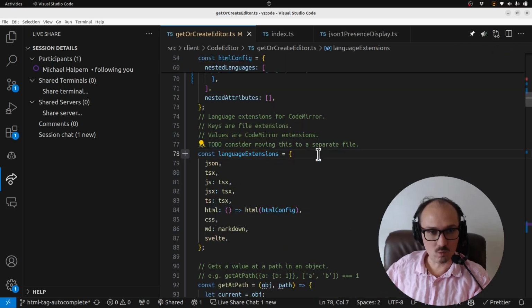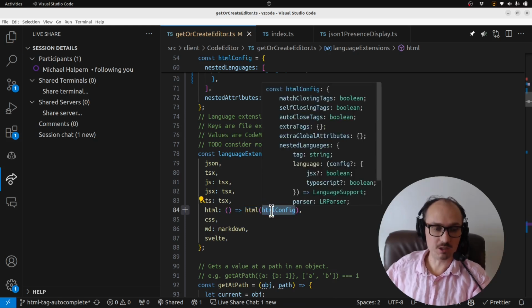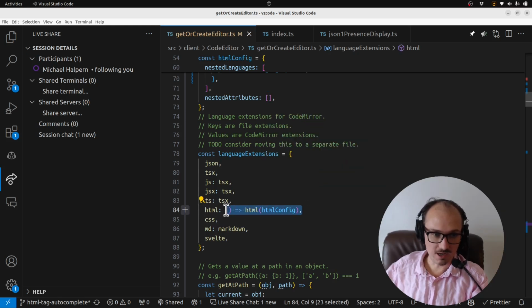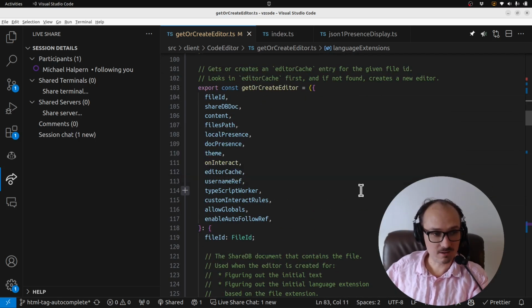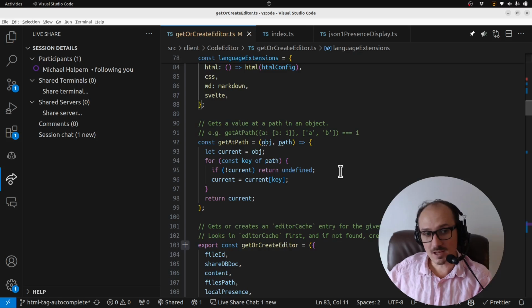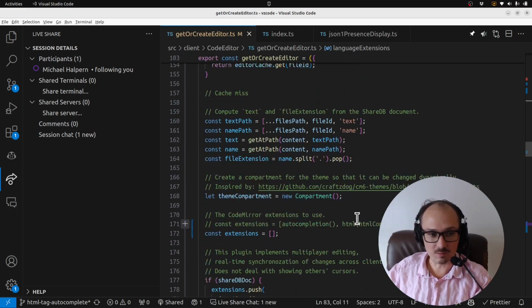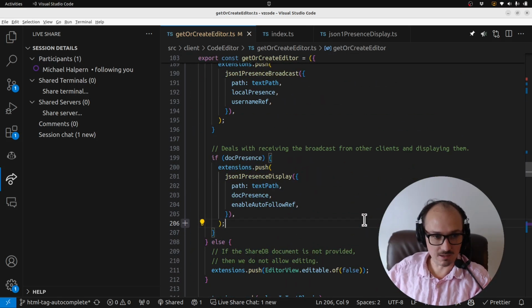Right, which is what we've defined above. For HTML, it resolves to this thing here, which uses the HTML config. Okay. So this is where that happens, and hopefully it is happening. So I'm going to run it. So then we don't need that. Okay. Yeah, so that's where that part happens, and then the autocompletion is also getting added, and maybe